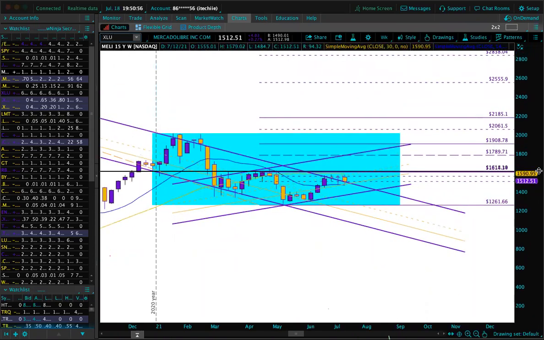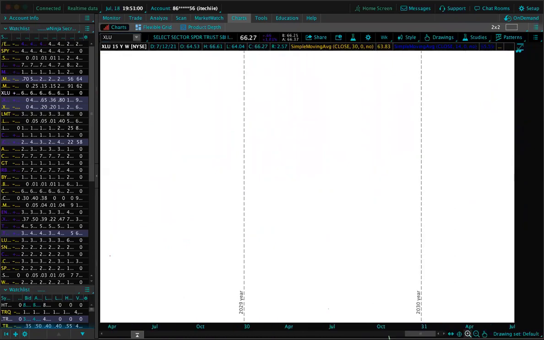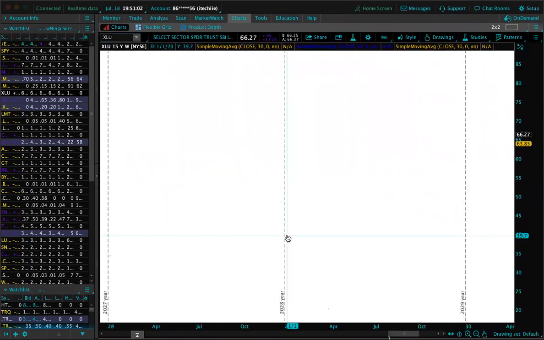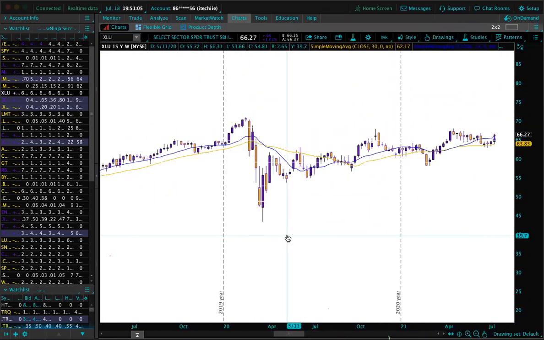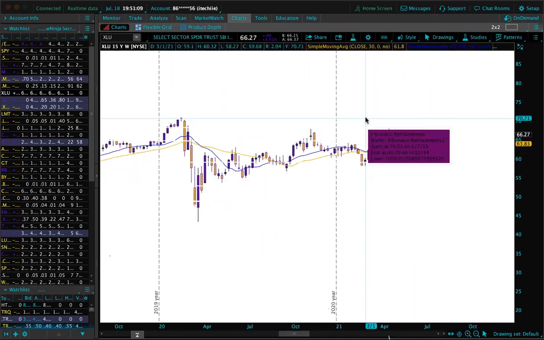So that's another play I like. XLU, we've been playing this one probably over a year. It's already 10 months now. A gorgeous setup, very strong. All-time highs, I can definitely see it. I'm still looking at my 70 September calls and